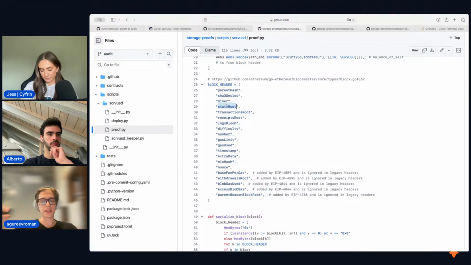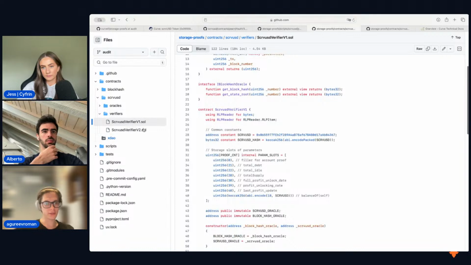And when it's a contract, because in our case it's a contract, it also has a storage root, which is a tree of all the storage variables, all the storage slots. So by providing the block header, we can verify that the state root, number, and timestamp are correct, and then we provide the proof for the account's storage root, verifying it against this state root, and then we provide the proof for all the storage variables, all the storage slots, and then we can replicate the